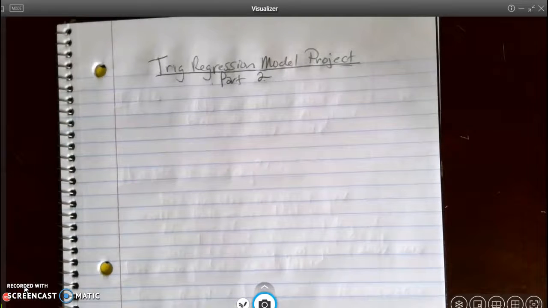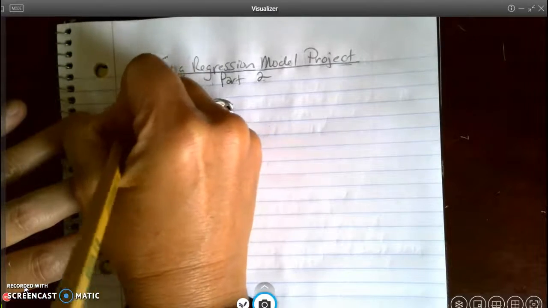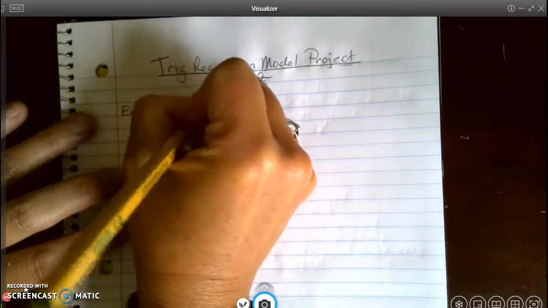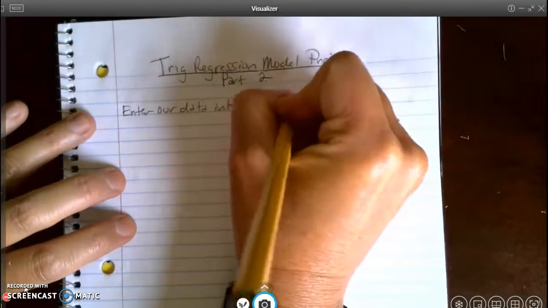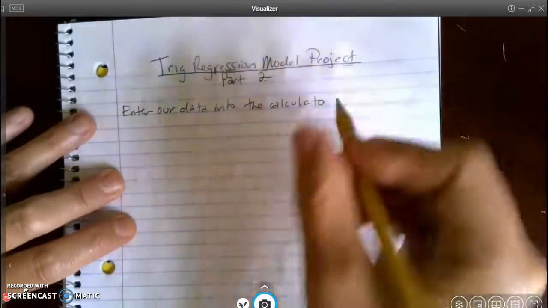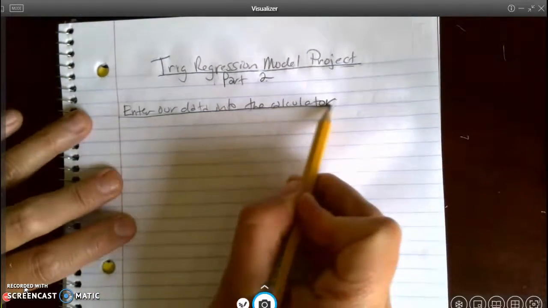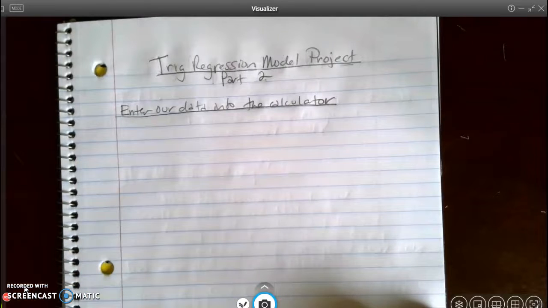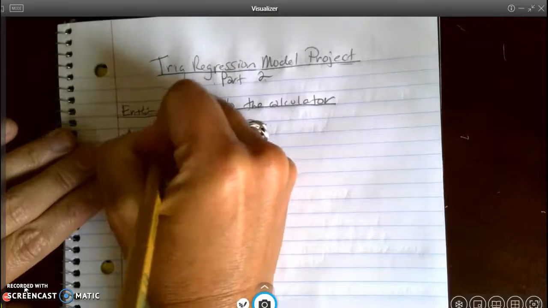So for part 2 of our Trig regression model project, we are going to want to first enter our data into the calculator. Okay. I am not going to go through those steps at this point. You should be able to do that. The one thing I will remind you of, make sure